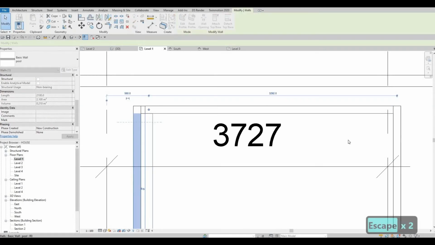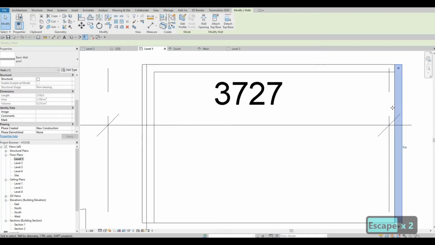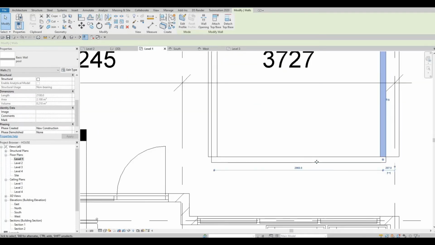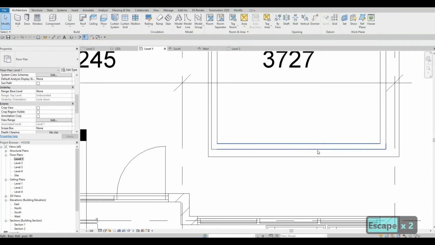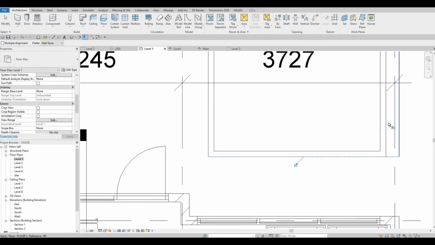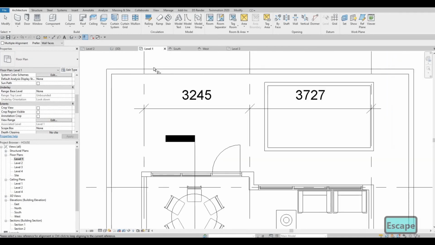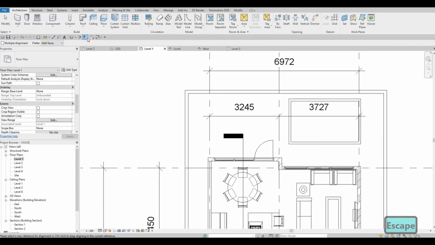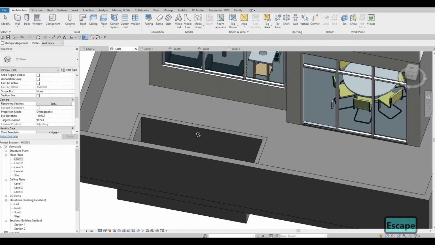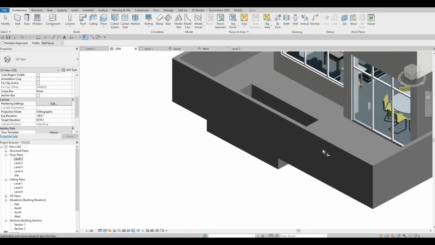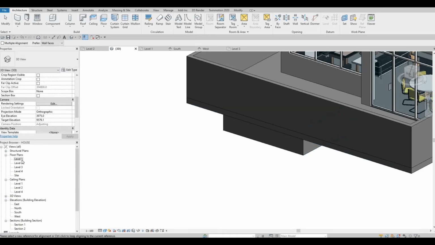Okay, so we need to just move this again. I want it from the inside. So AL, and then now we need to check the 3D, and we just need to add